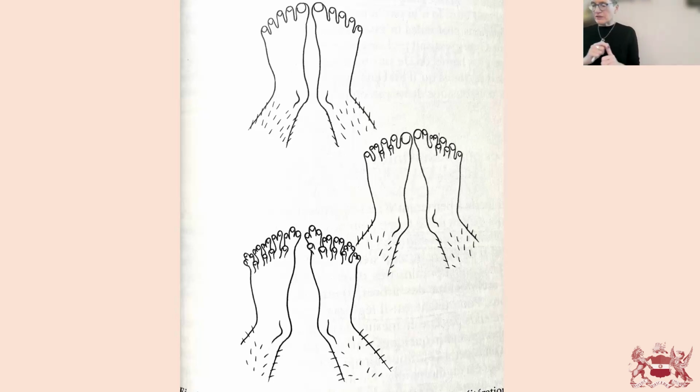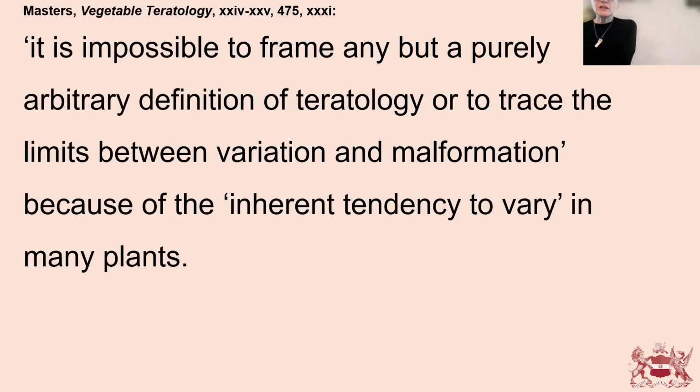Taking these three characteristics together, morphological plasticity, cell pluripotency, and vegetative reproduction and reiteration, we can perhaps see why students of vegetable teratology struggled to distinguish between normal and abnormal forms in plants. So Masters actually begins his book, Vegetable Teratology, with the claim that it is impossible to frame any but a purely arbitrary definition of teratology, or to trace the limits between variation and malformation, the difference between variation and malformation being merely one of degree, and difficult to determine in part because, he says, of the inherent tendency to vary